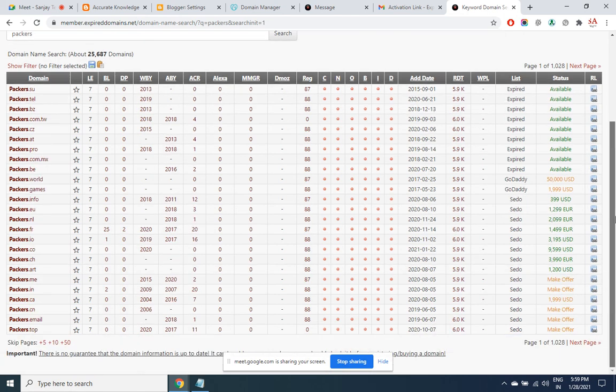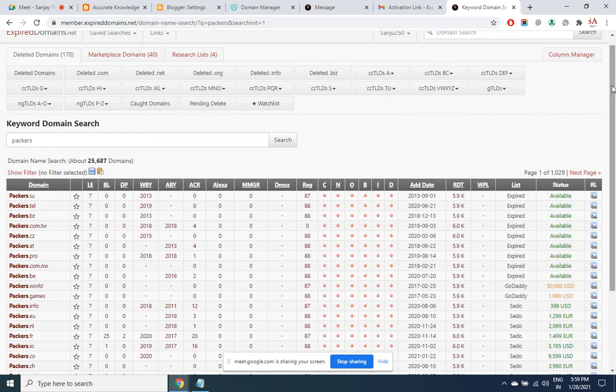If there is any domain which has got good stats and is available at a reasonable price, you can even aim to purchase that. Though the price is higher, at least that much money would have been saved in SEO. But here, these are all extensions which are not SEO friendly. I told you either .in or .com, or whichever country you are targeting, that country-specific extension. So I can make use of filters here.